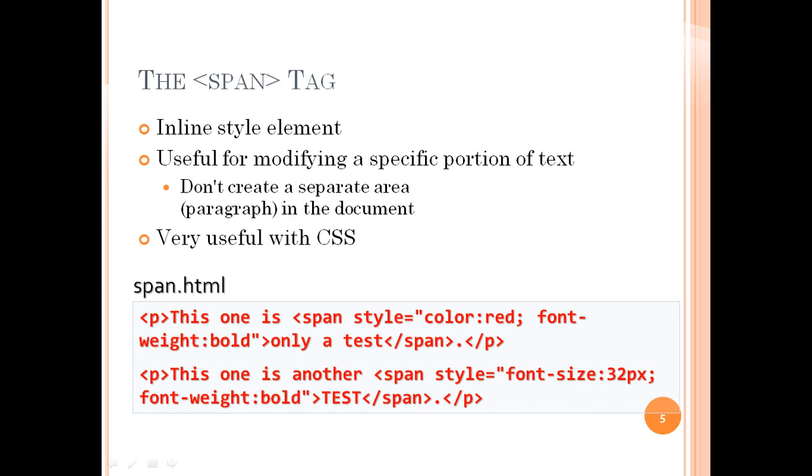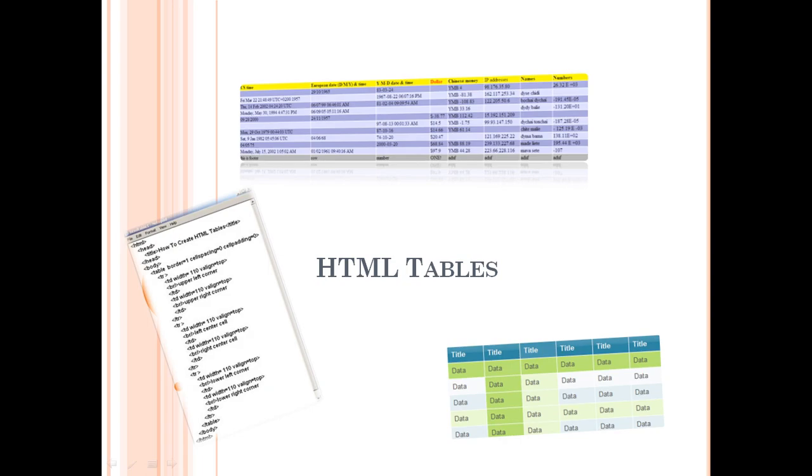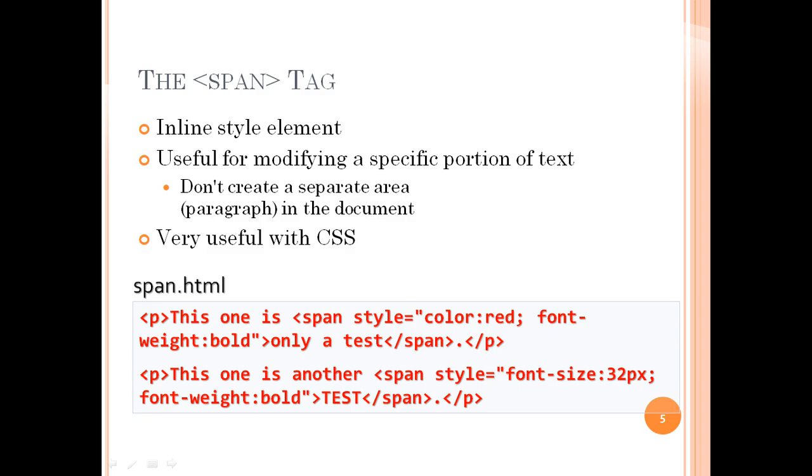The div element is often used as a container for other HTML elements, and the div element has no required attributes, but style, class and ID are common. When used together with CSS, the div element can be used to style blocks of content. Whereas the span element is an inline container which is used to mark up part of the text or part of the document. The span element has no required attributes, but style, class and ID are common here. When used with CSS, the span element can be used to style parts of the text.